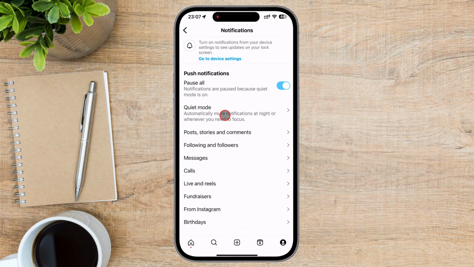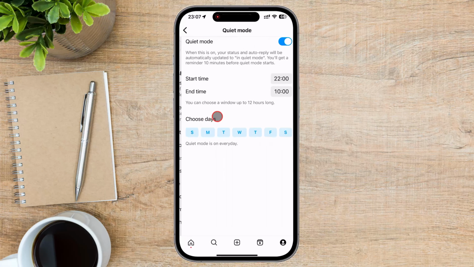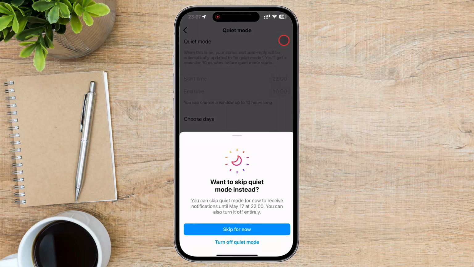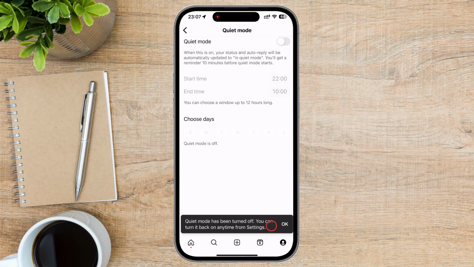In the notification settings, look for the Quiet Mode option. Tap on the option. If Quiet Mode is currently enabled, you'll see a toggle switch next to it. Tap on the toggle switch to disable Quiet Mode and turn off the feature. After disabling Quiet Mode, Instagram may ask you to confirm your action. Tap on the Turn Off or Disable button to confirm that you want to turn off Quiet Mode and resume